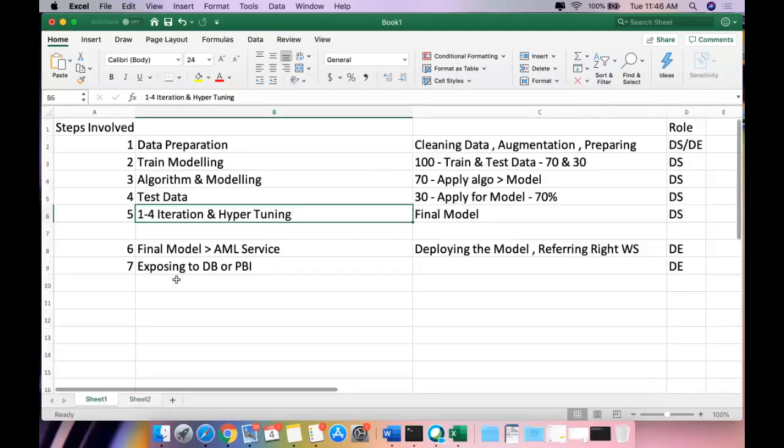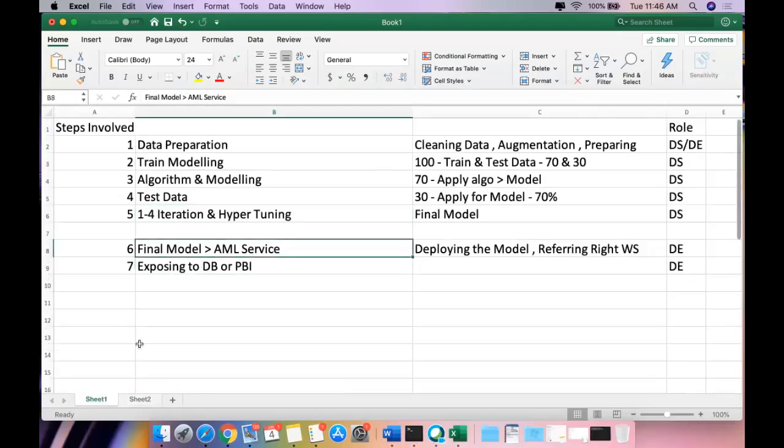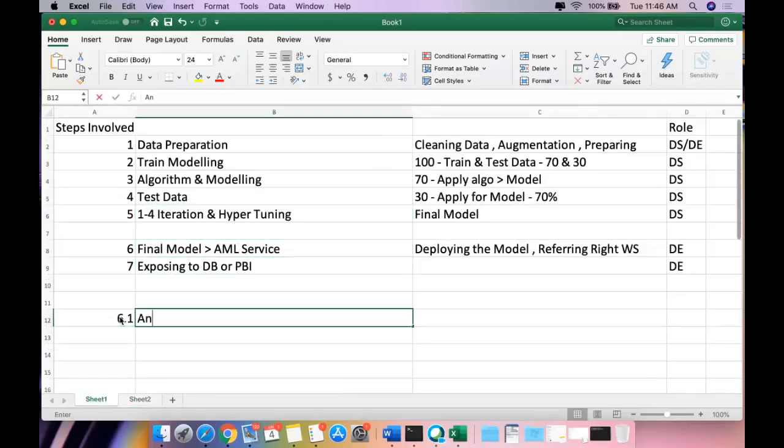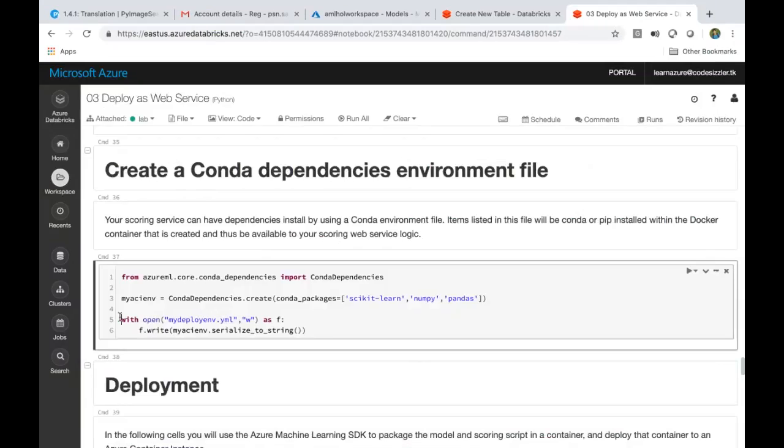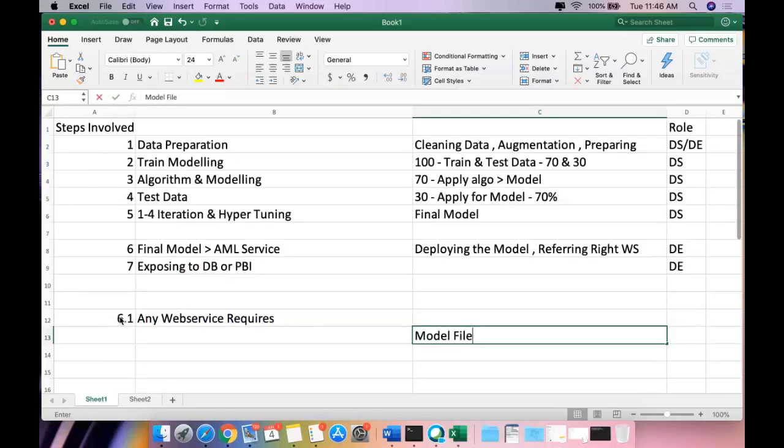So for any model, the sixth point I'm referring to, 6.1. Any web service requires the below things. First one is the model file. Second one is the scoring script, nothing but what you want to execute.